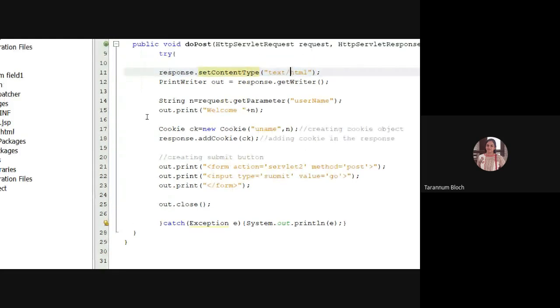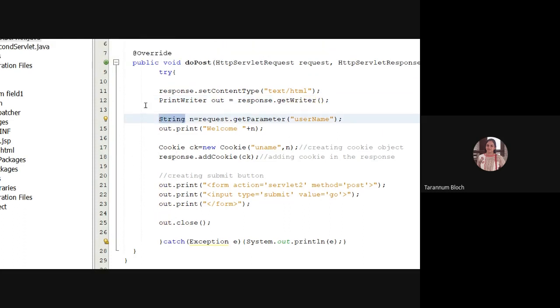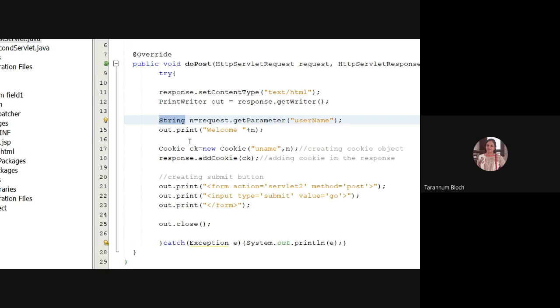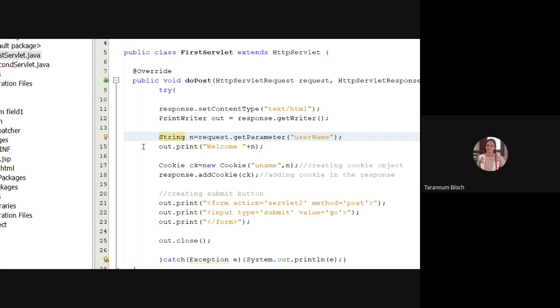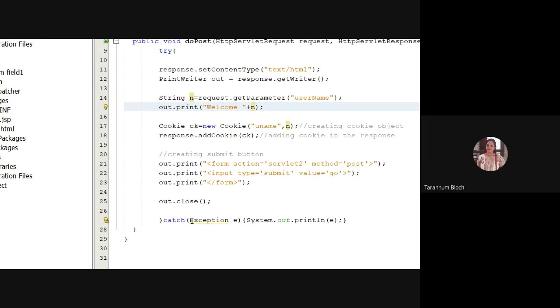We have taken PrintWriter object out to set the response. So we said response.getWriter. Now in a local variable string n, we are reading the text box. We said request.getParameter and username is our text box name. We are printing welcome plus n. Okay. And now we are creating a cookie object.